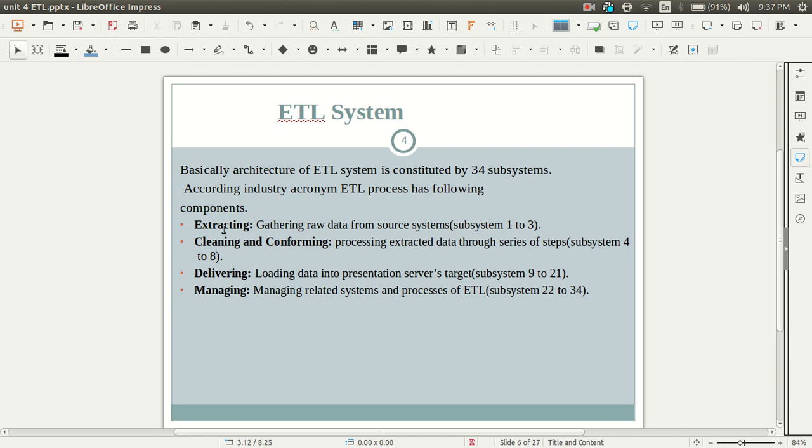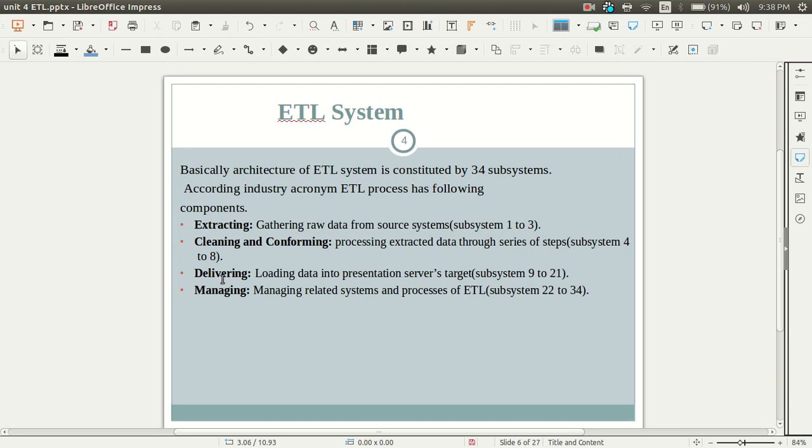The first component is extracting, meaning gathering raw data from the source system. It includes subsystems 1 to 3. The next component is the cleaning and conforming process, in which extracted data is processed through a series of steps. It has subsystems 4 to 8.